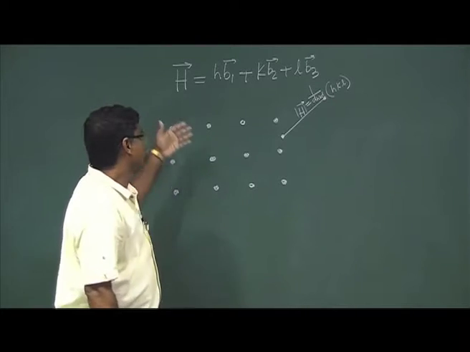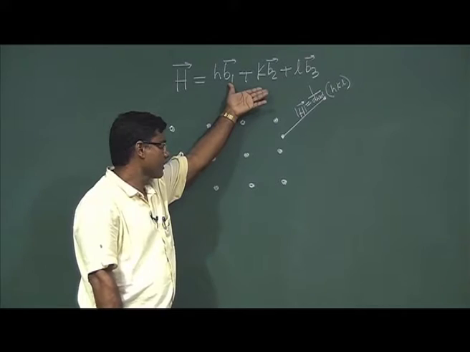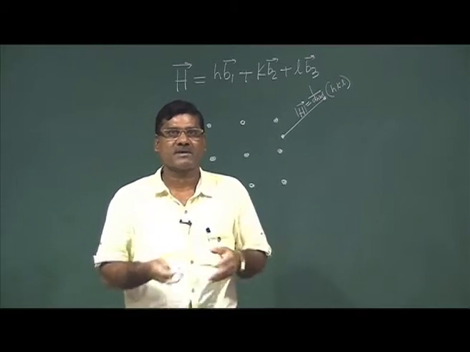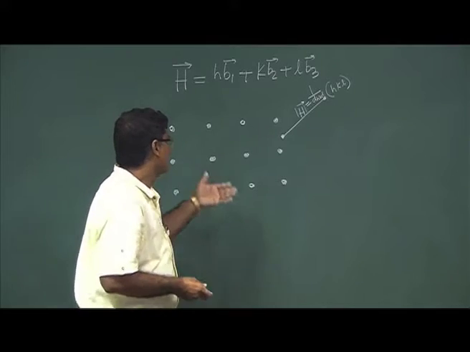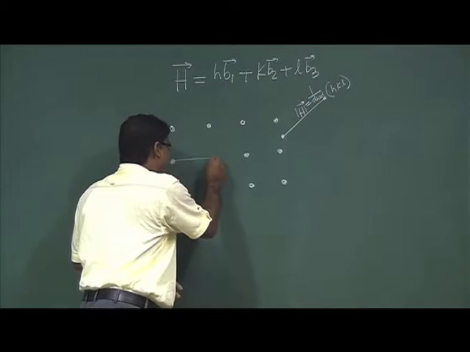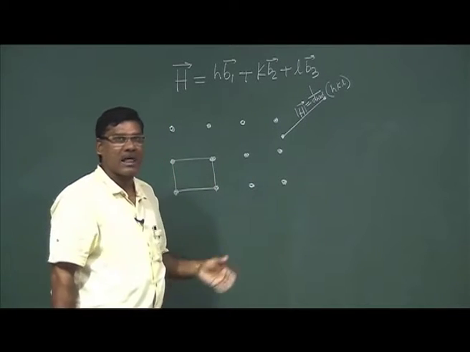Now using this translation vector I can generate the points, and those points will form the lattice because it has symmetry. So in reciprocal lattice it will have a unit cell,